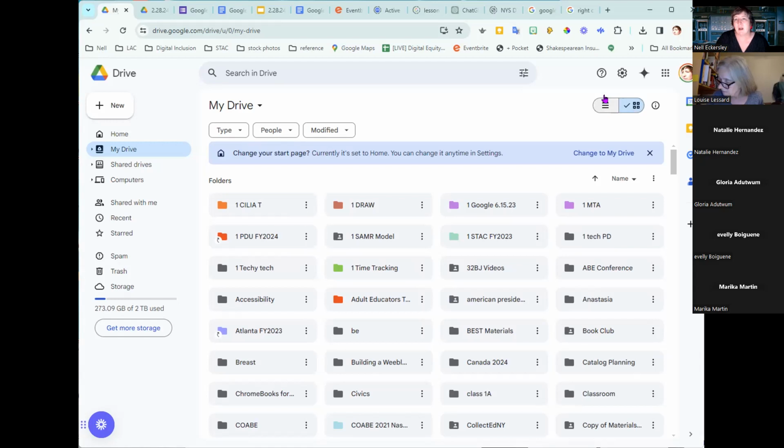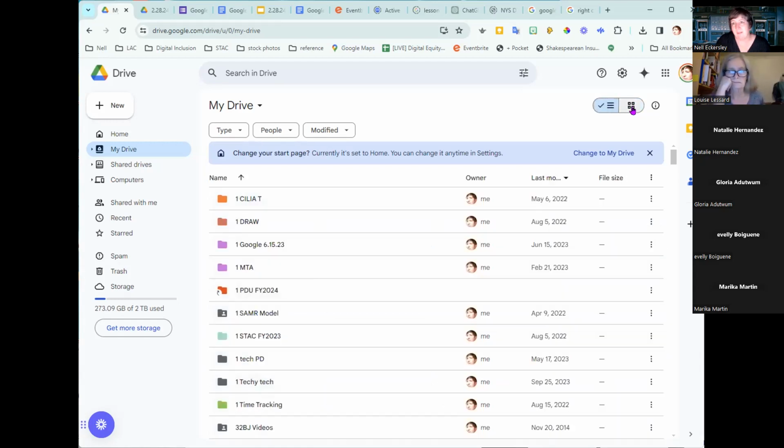So being able to toggle between these two, people need to feel really comfortable doing that. And then they should decide which one they like. But if someone else sends them something and it comes out weirdly, they know they have that option. So again, list layout and grid layout. That was one of those things in our little assessment thing.